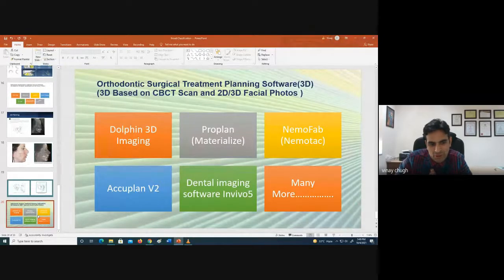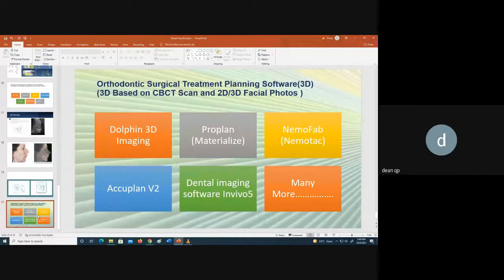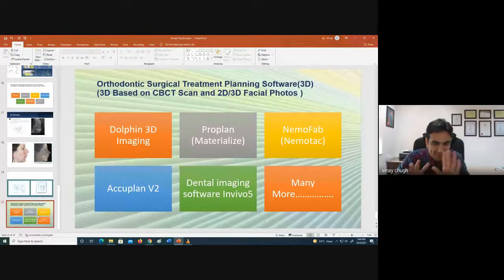I'm also not very sure how many of them are orthodontists and maxillofacial surgeons who would be doing all this. This is a group of engineers and doctors. So I thank you, and I apologize for the small glitches which happened in the beginning.